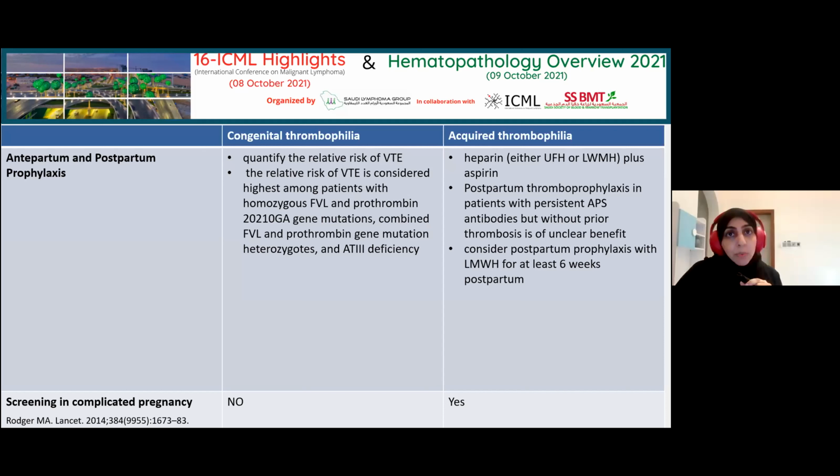Whereas in acquired thrombophilia, the use of heparin, either unfractionated or low molecular weight heparin, plus aspirin, shows a significant reduction in fetal loss or miscarriages. The use of postpartum thromboprophylaxis in patients with persistent